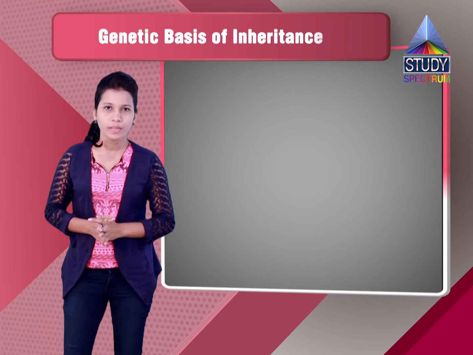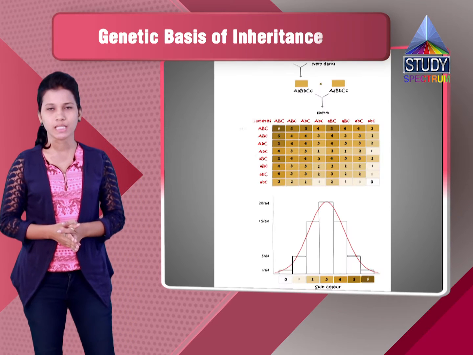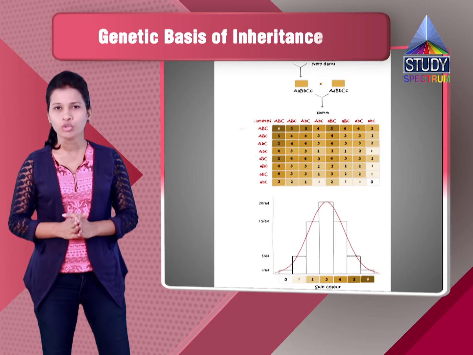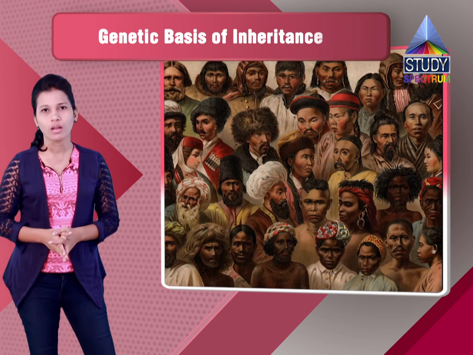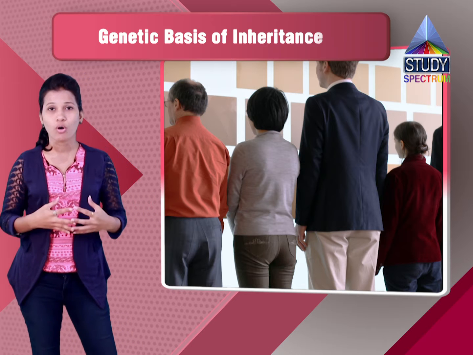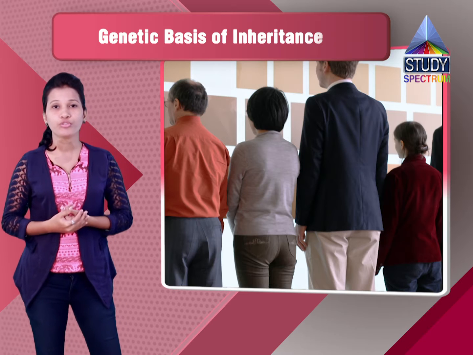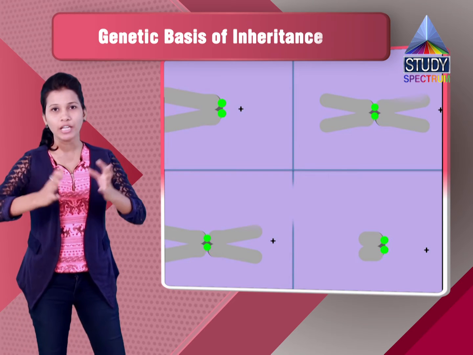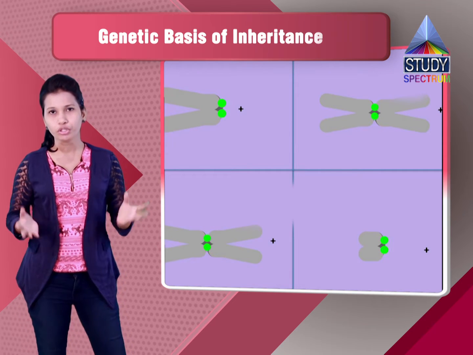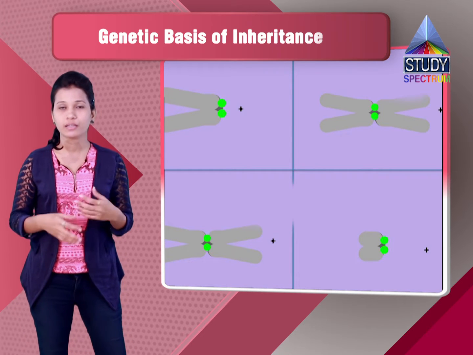So the next non-Mendelian theory that we will see is polygenic inheritance. As we all know, in human beings we see variations in color, height, and intelligence. All these characters are expressed by two or more genes, and these gene pairs combine together and give an additive or cumulative effect, and then we get the variations.